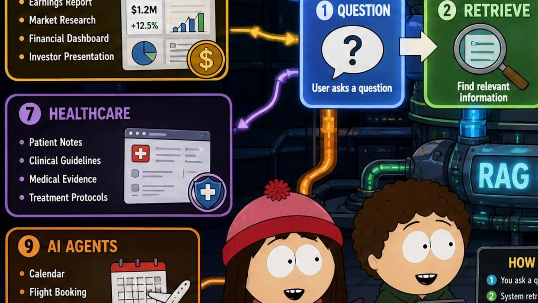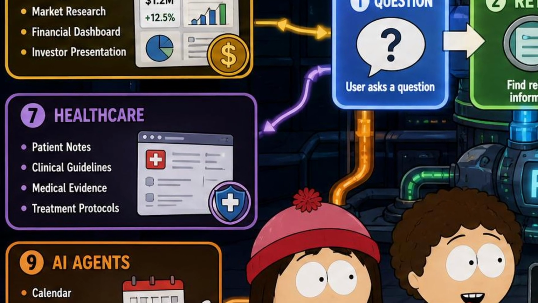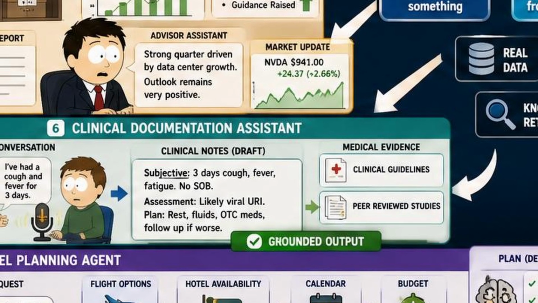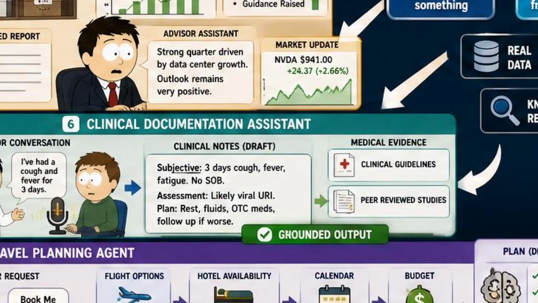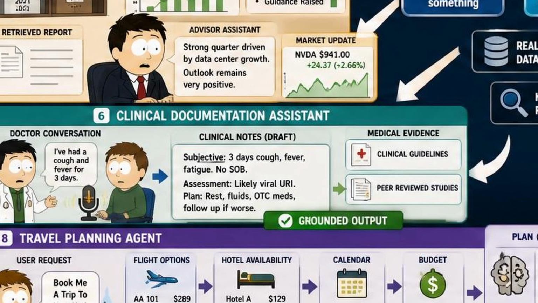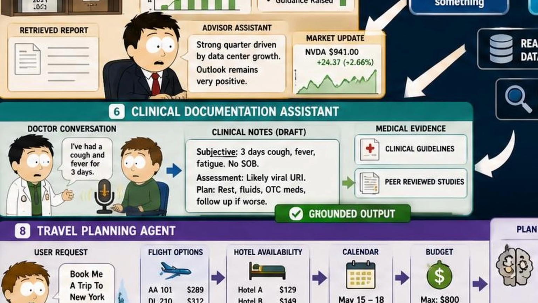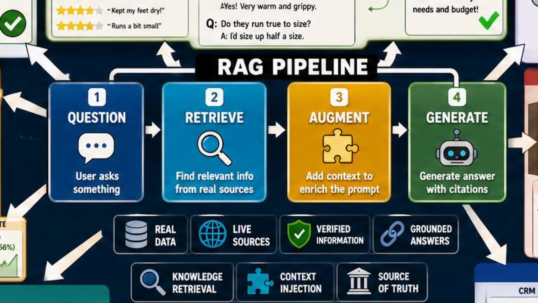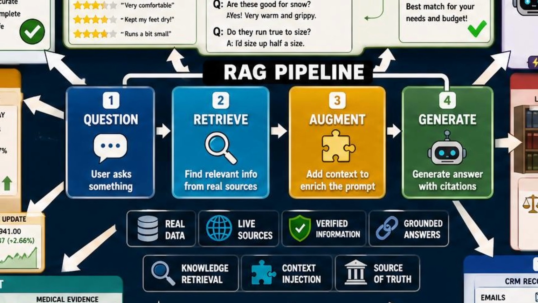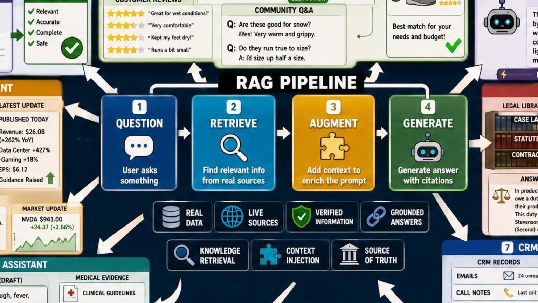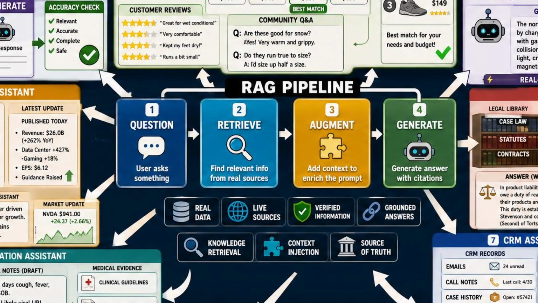If we take healthcare, the stakes get even higher. Ambient documentation tools like Abridge listen to a doctor-patient conversation and generate clinical notes, and increasingly these systems ground their output in peer-reviewed medical evidence and established clinical guidelines, rather than whatever the model absorbed during training. Medical knowledge updates constantly. Nobody wants to wait for a model to be retrained every time a treatment guideline changes.